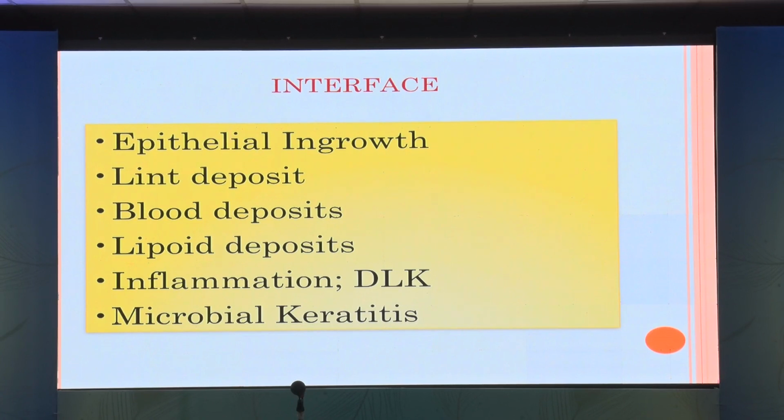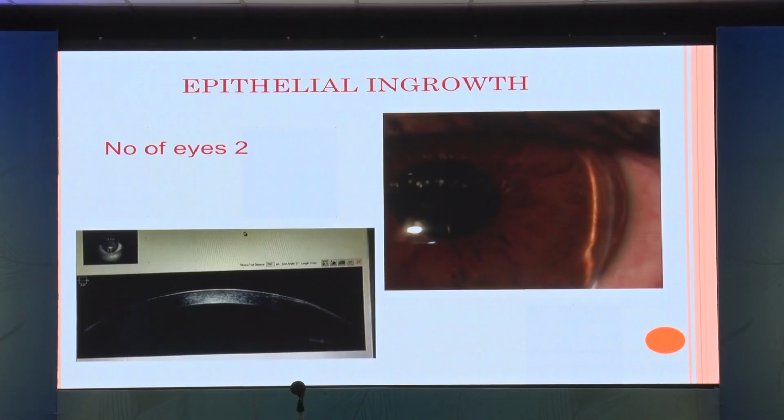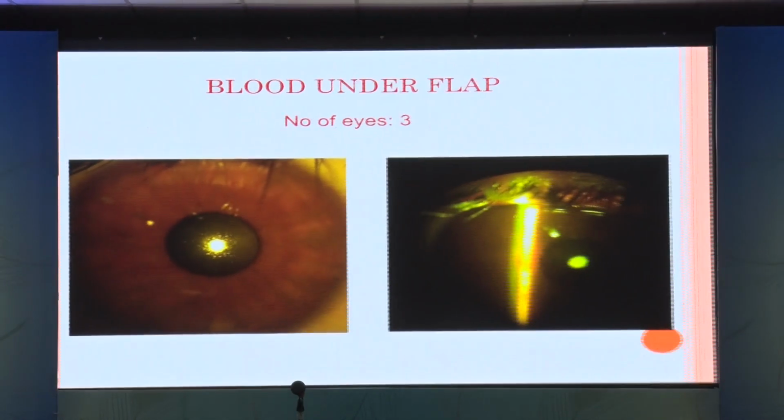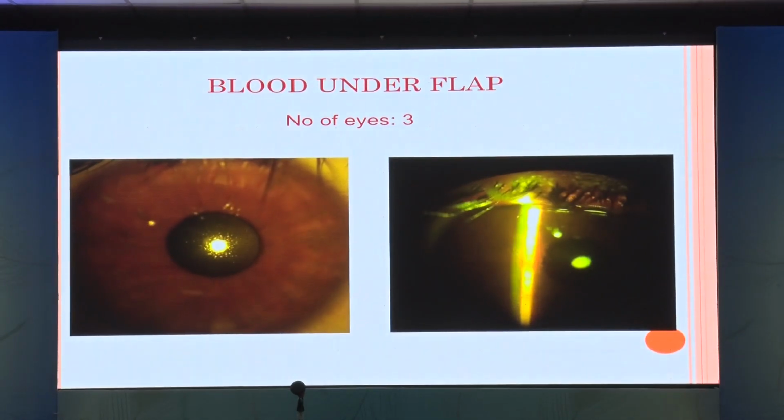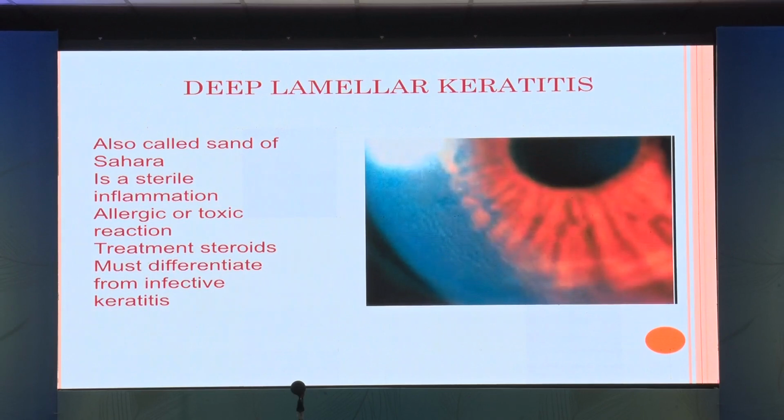The other complication which has been discussed is DLK, that's diffuse lamellar keratitis. Sands of Sahara sometimes can be seen in new patients. Microbial keratitis, again, is a very rare complication. There was a patient who showed epithelial ingrowth, but it was just up to the margin only, and we did not do anything, and it cleared over a period of 2 to 3 months. Sometimes a small bleed, especially if a patient has been using contact lenses, some bleeding can occur at the edges and then can be lodged under the flap. Usually it will clear over a period of a week to 10 days and doesn't need much treatment.